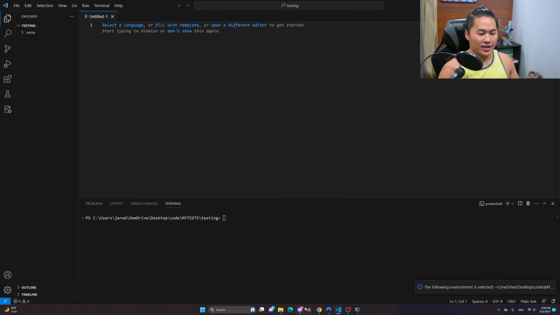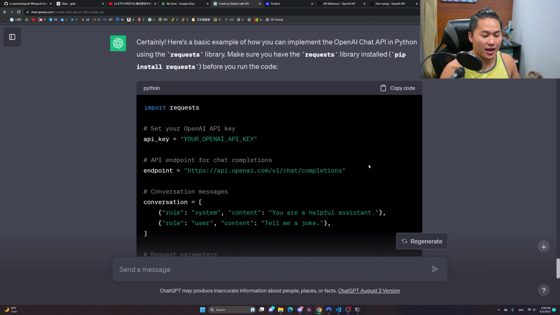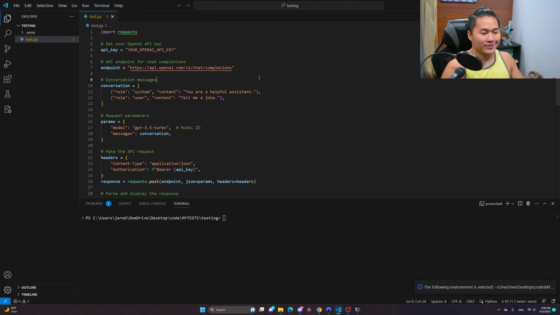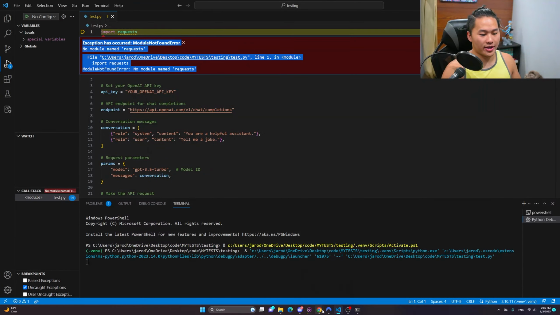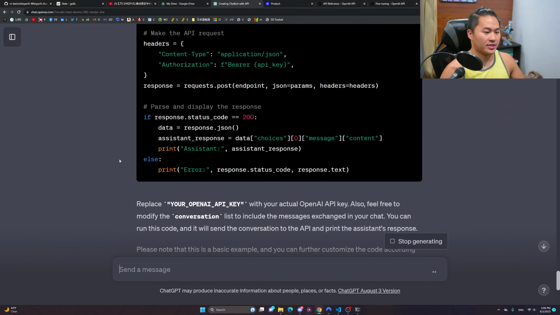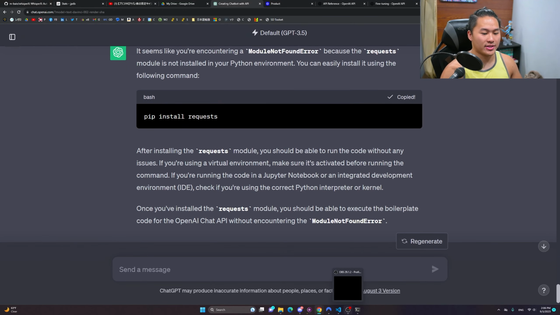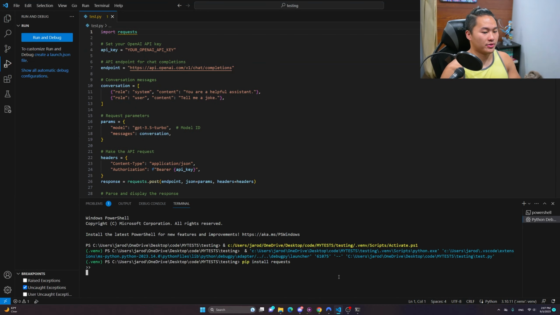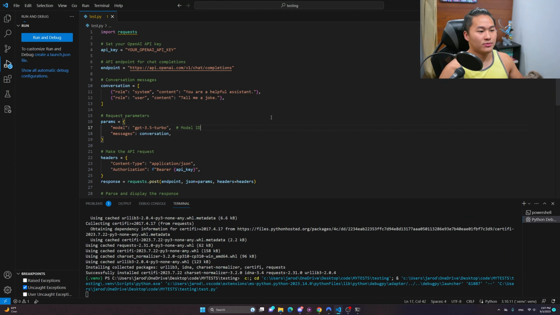So here we have VS Code open. This is what I use to develop, and so I just go ahead and copy all of this and then head on over into here, and let's go ahead and run it, and we're gonna get some errors. So we're gonna go ahead and copy and paste the errors into the ChatGPT window, and it's gonna tell us, oh, we need to install pip requests. So we can go back, head on over into here, run a pip install requests. It's gonna run through that and install it for us,